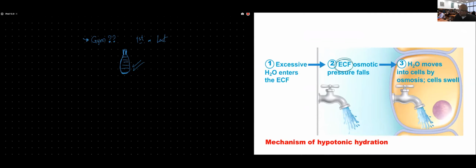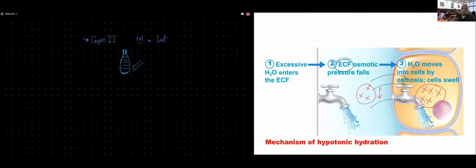And as a result, what's going to happen to the solute concentration? If I keep adding water to the extracellular fluid, the amount of solutes is the same, but as I add more water to it, its concentration is gonna be dropping. So now I have a drop in my extracellular fluid osmolarity. Compared to my cells, I have a much lower solute concentration. So what's gonna happen? Water starts to move from my extracellular fluid to the inside of my cells, causing my cells to swell.